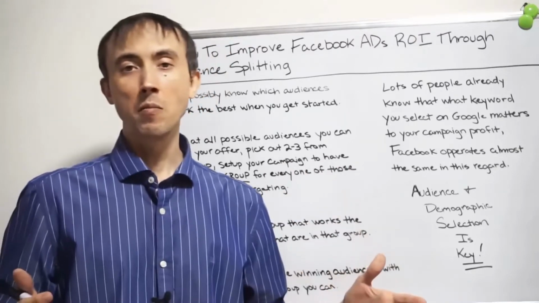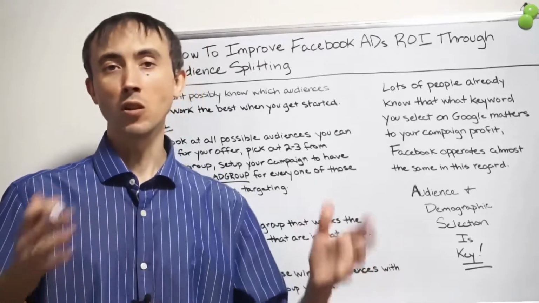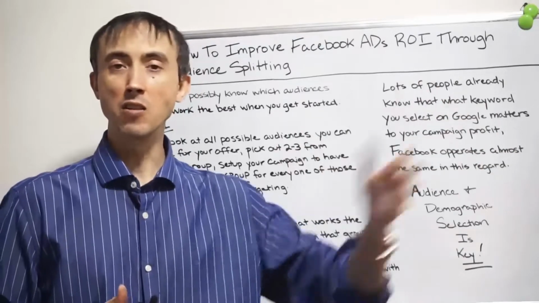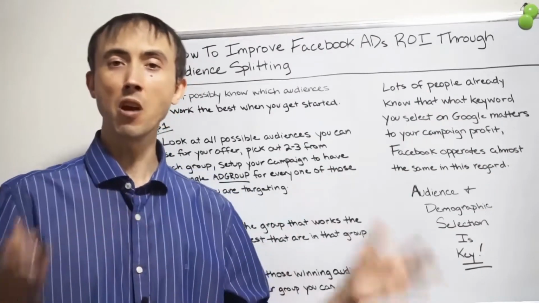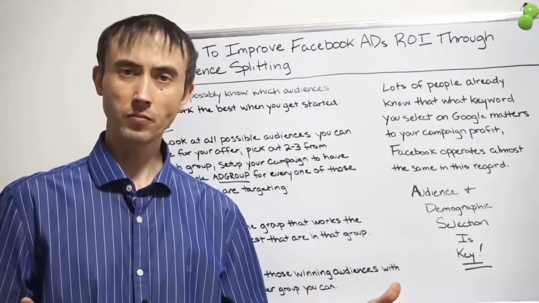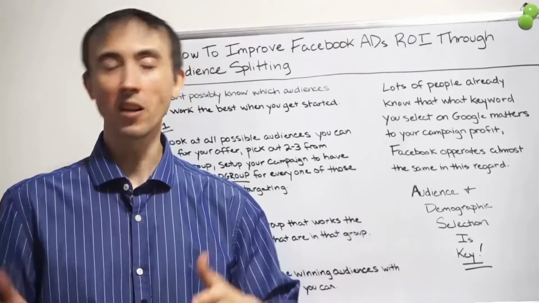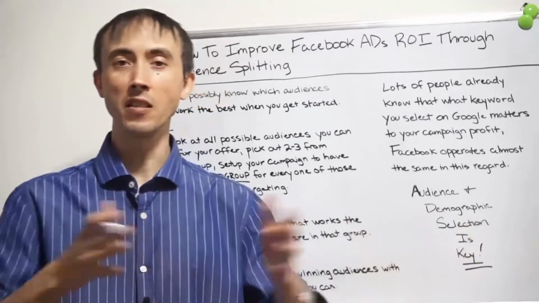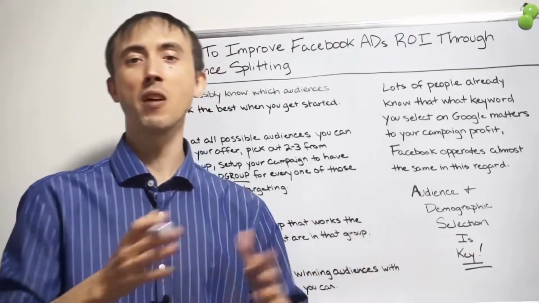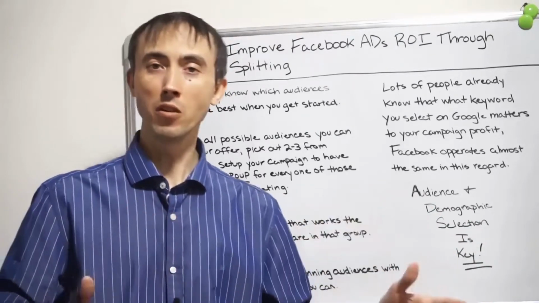Facebook's got an algorithm. The algorithm, if you're using lookalikes targeting, has to figure out how to find you the right customers. If you're using regular audience targeting, not so much, but you have to find the right audiences that work, and along with that, you have to find out what the age and gender demographics are that work for your unique offer,